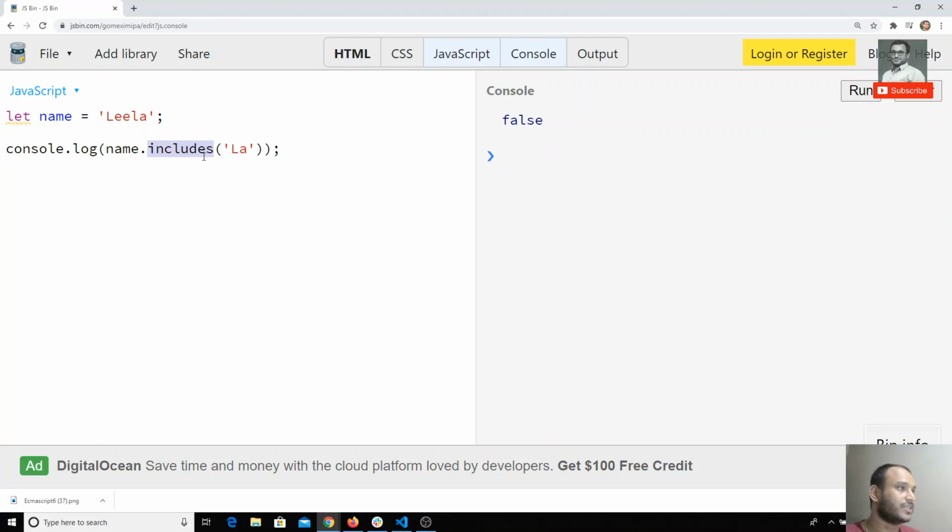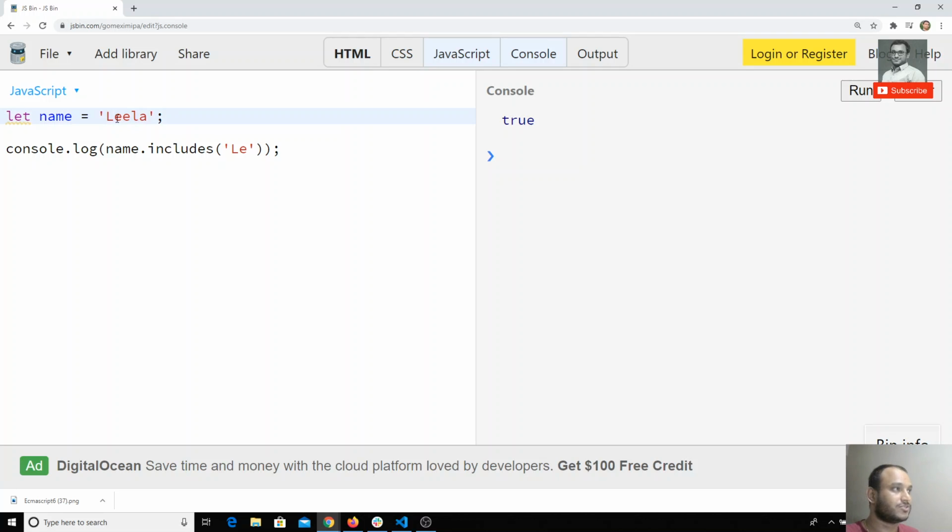includes will check whether the given word is present in the string or not. For example, I will check with "le". This one is actually at the start, not in the middle. Whether it will return true or false, we'll check. If I run it, it is returning true. So that means it checks the whole string, not just the in-between part leaving out the first and last letters. It is checking the entire string.